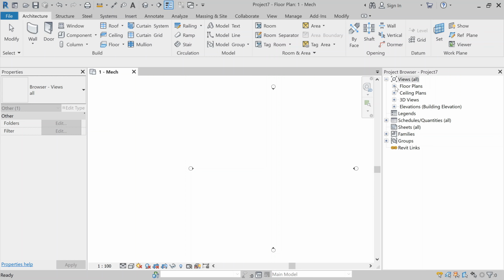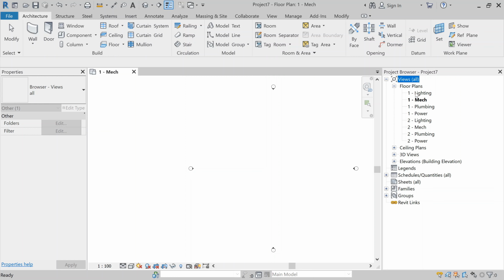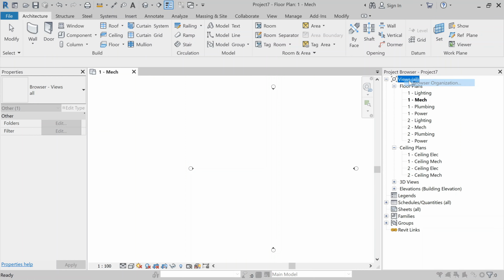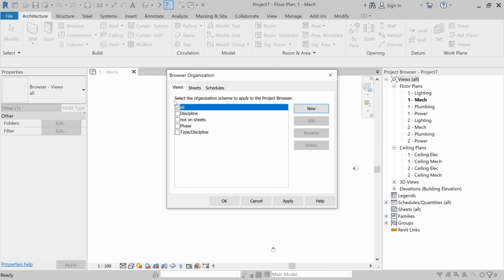If you open the floor plans, you will see the disciplines under the floor plans or all the disciplines under the ceiling plans. This is because in browser organization under the views we have selected all. It means only the floor plans, ceiling plans, 3D plans or the elevations will be visible and not the disciplines.